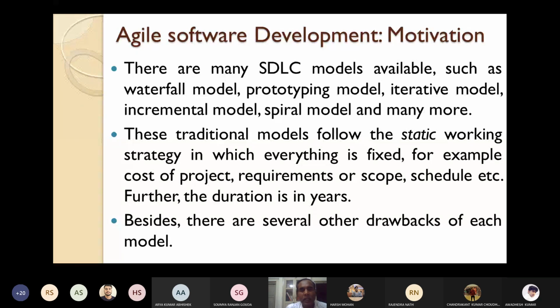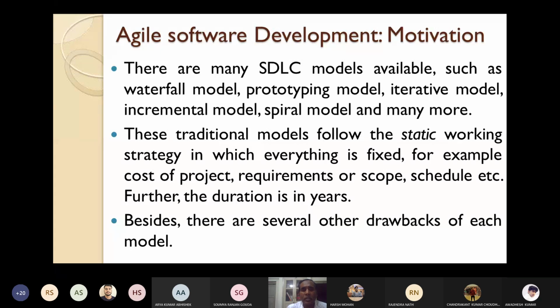You know that there are many software development lifecycle models available: the classical waterfall model, iterative waterfall model, prototyping model, incremental model, spiral model, V model, RAD, and so on. These are the traditional models. They follow the static working strategy. What do you mean by static working strategy? It means that in these models everything is fixed.